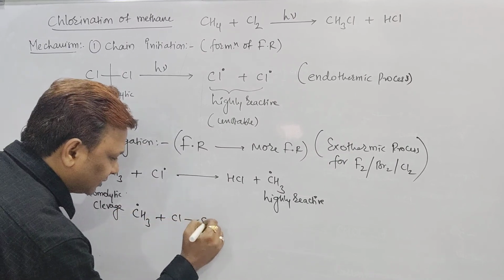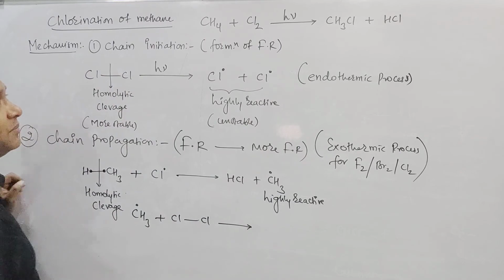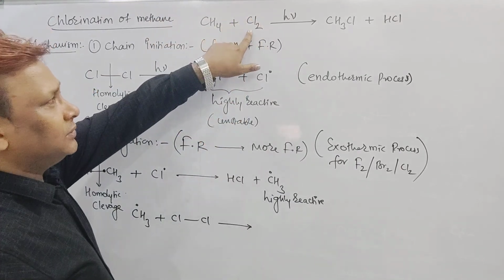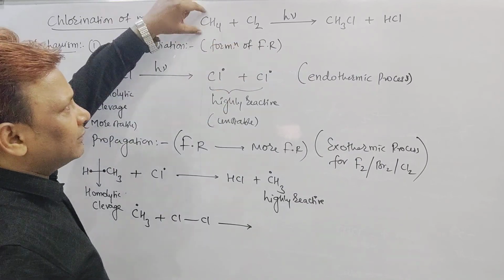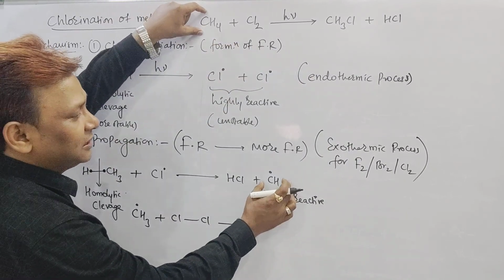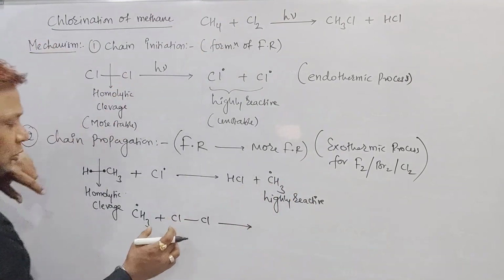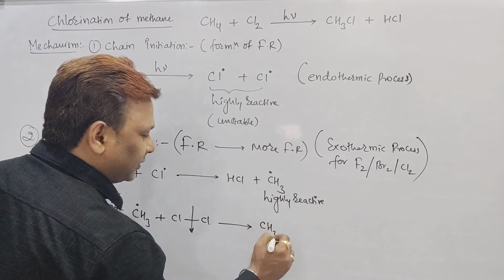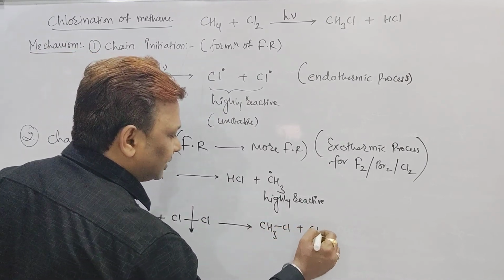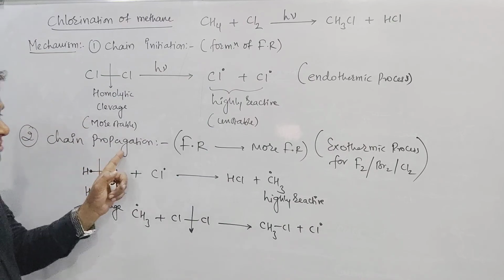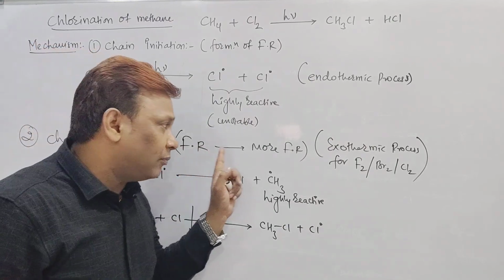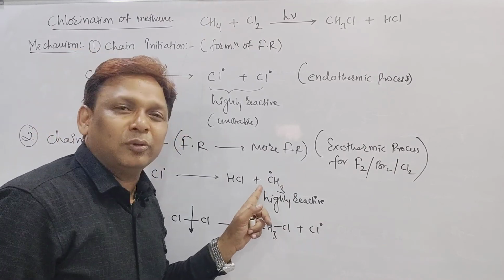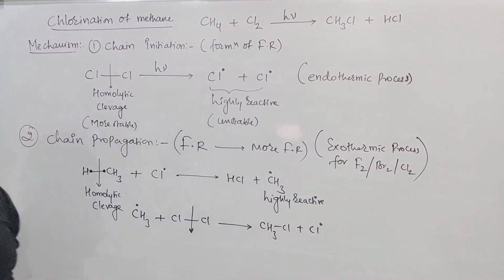Now again it combines with the Cl2 present in the container. In one container I have methane and Cl2. Initiation started from here and I got the radical. The radical will attack it. We got the methyl radical. The methyl radical again combines with the Cl2 present. It undergoes homolytic cleavage and again forms CH3Cl plus Cl radical. See, beta, the propagation step indicates a free radical will form more free radicals. The Cl radical is there. Other than that, we got one more radical called what? The CH3 radical.